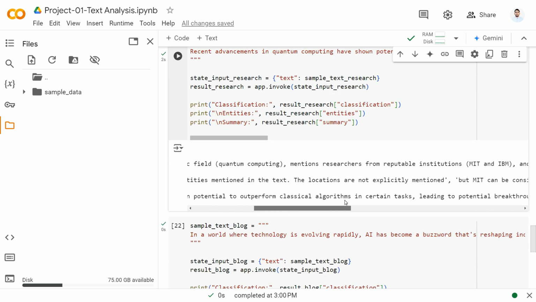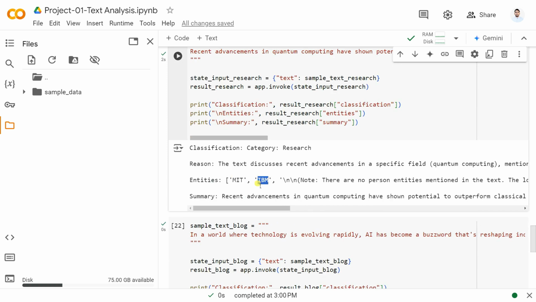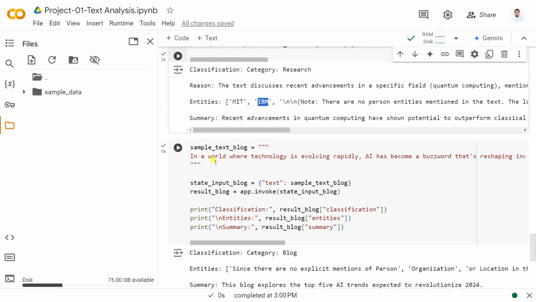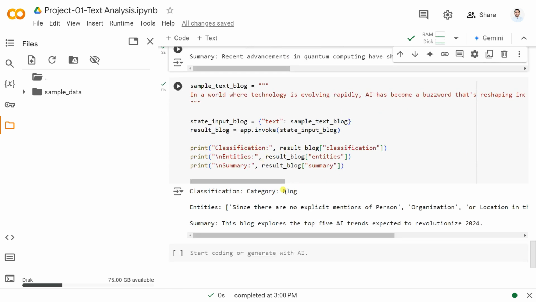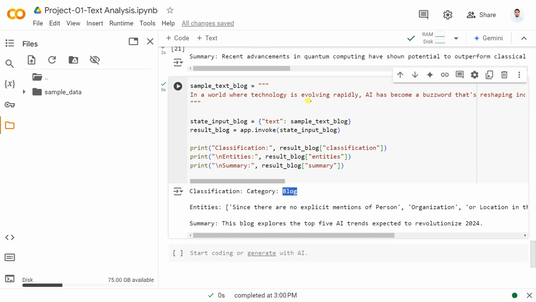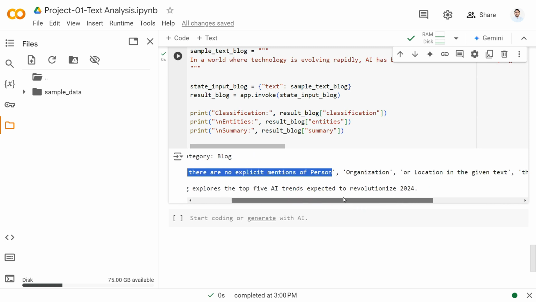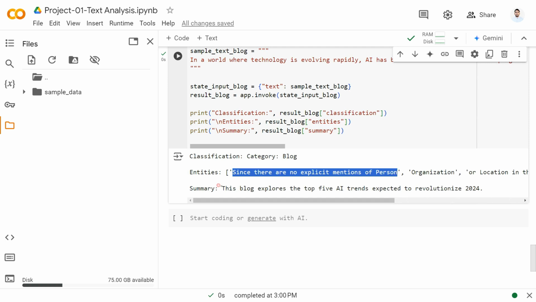यहाँ पर कोई पर्सन एंटिटी नहीं है और लोकेशन भी यहाँ पर मेंशन नहीं है, क्योंकि हमने एंटिटी यहाँ पर जस्ट पर्सन, लोकेशन और ऑर्गेनाइजेशन को सेट कर दिया बस, इसलिए इसको समरी भी यहाँ पर दे दिया। और सेकंड जो ब्लॉक है, थर्ड जो ब्लॉक है वो है ब्लॉग टाइप का। तो इन द वर्ल्ड ऑफ हायर टेक्नोलॉजीज इन्वॉल्विंग रैपिडली, एआई हैज बिकम ए बज़वर्ड दैट्स रिशेपिंग द... और यहाँ पर आप एंटिटी देख सकते हैं, यहाँ पर कोई पर्सन भी मेंशन नहीं है, ऑर्गेनाइजेशन भी मेंशन नहीं है और लोकेशन की भी कोई बात नहीं हुई, इसलिए थोड़ा एम्प्टी होगा एंटिटी।